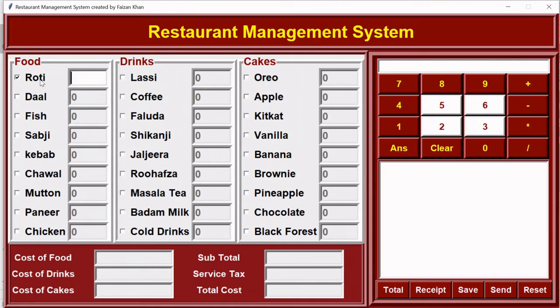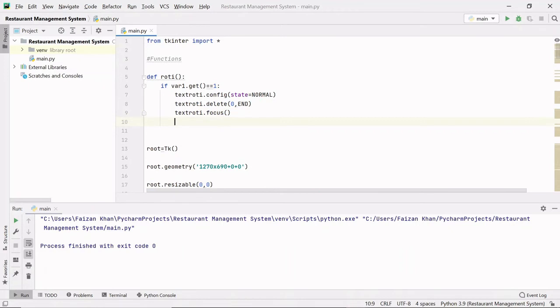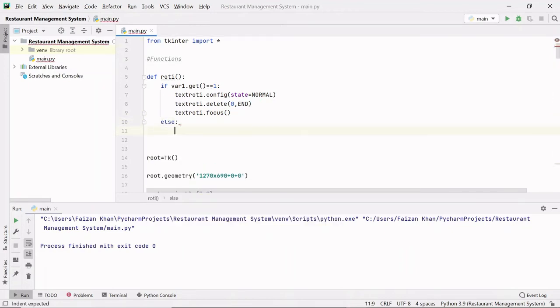I hope you understood. Now what I want, when I untick it, I want everything to be reset here. So I will simply go to the else part, and in the else part, I will make the state of the text roti back to disabled.